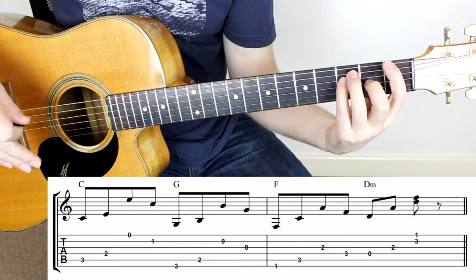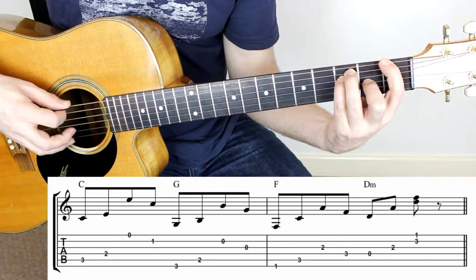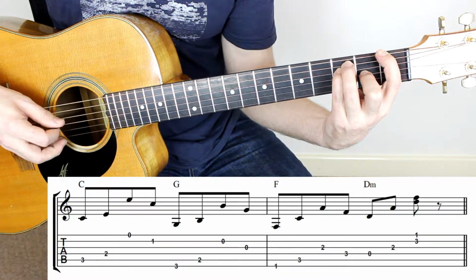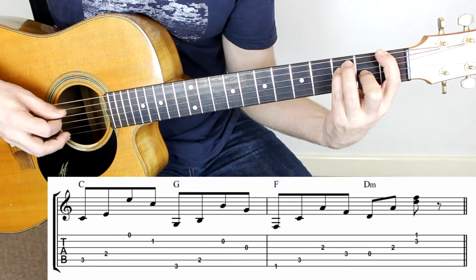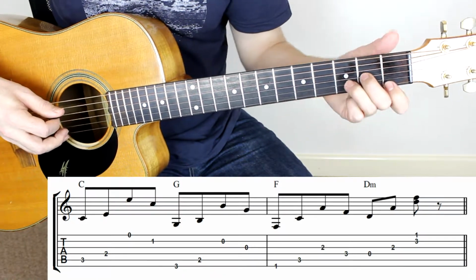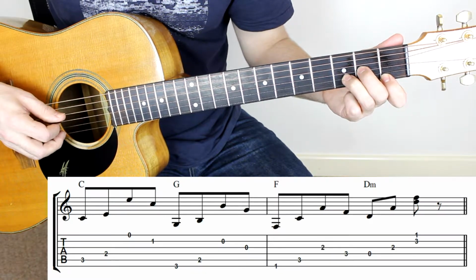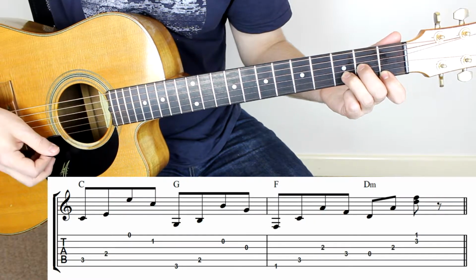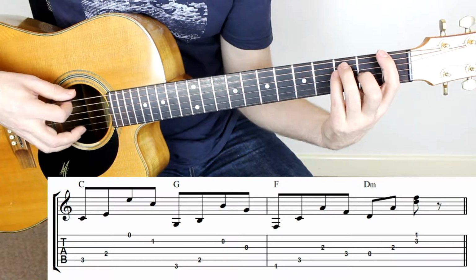then the next bar we play an F again, but we just keep all our fingers down, and we play the low E, the A, the G, and the D string. And finally we play a D minor chord, and we play the open D, the G string, and then the B and E strings together. So that last bar,